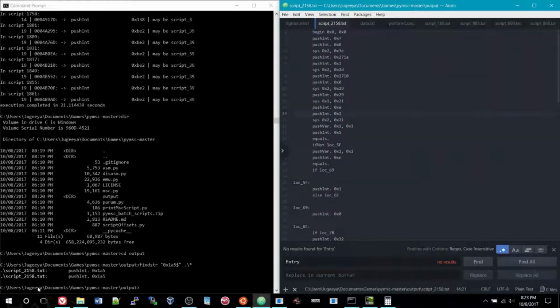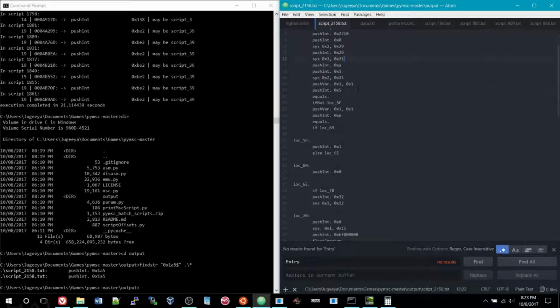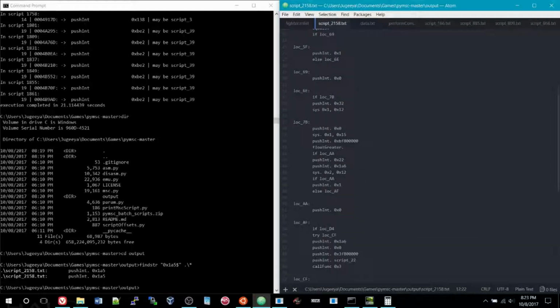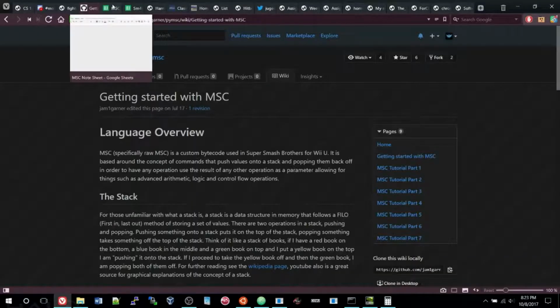And generally, note that it's not always this easy. Sometimes you'll get a ton of false positives, and it could just be pushing the number that you're looking for, because this is just a number as well. But in this case, if we look through this, a lot of this is just a bunch of checks. We don't really need to worry about that. More checks, more checks. And here, basically, what you need to do is you should always have this MSC sheet